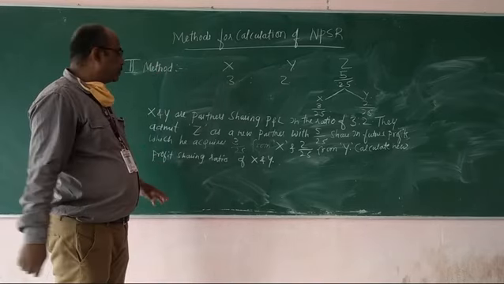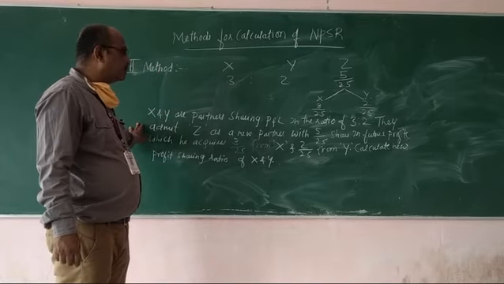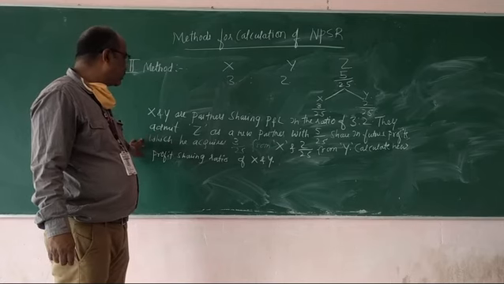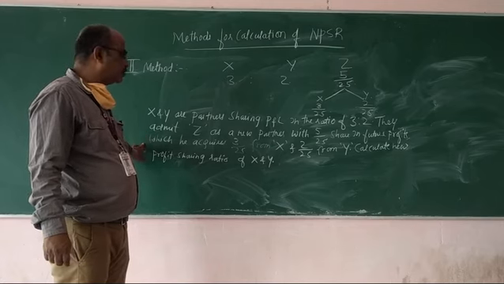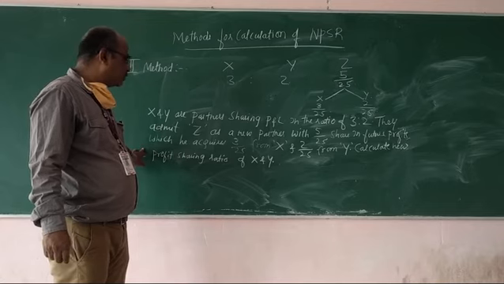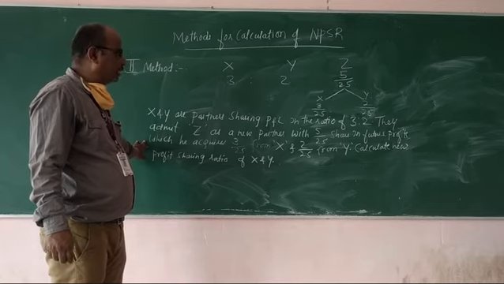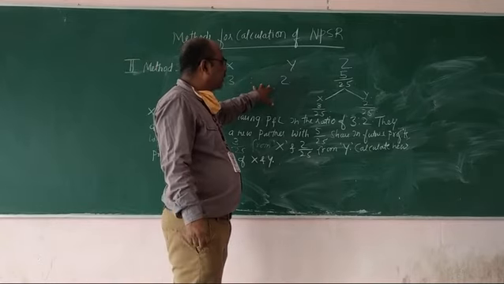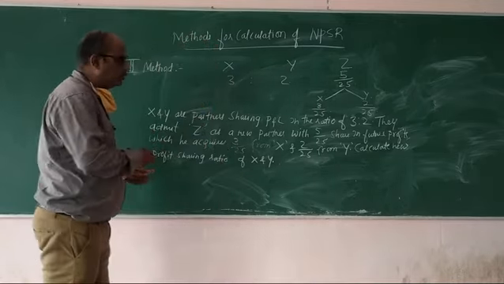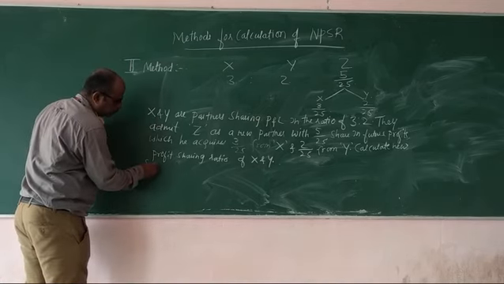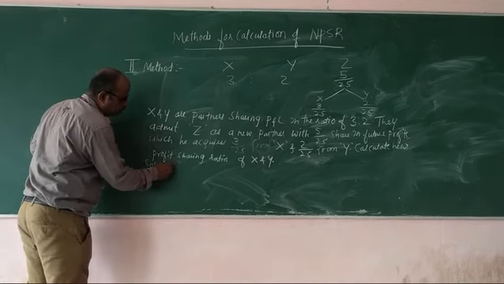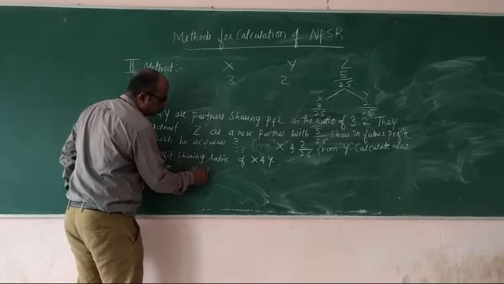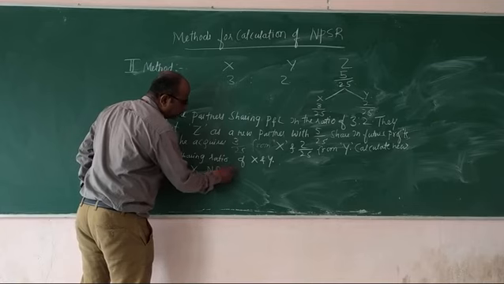So, if you read the question properly, X and Y are partners sharing profits and losses in the ratio of 3:2. They admit a new partner with 5/25 share in the future profit, which he acquired 3/25 from X and 2/25 from Y. Calculate the new profit sharing ratio of X and Y. So here in short I have written the same question, and we are supposed to solve this problem. Let us solve this problem. Solution, as I have told you, it's very simple. Whatever is the old ratio of the partners, you are supposed to subtract the ratio given to the new partner.